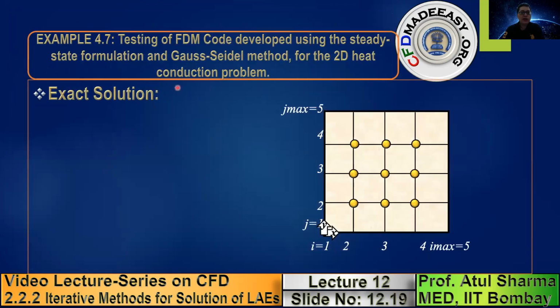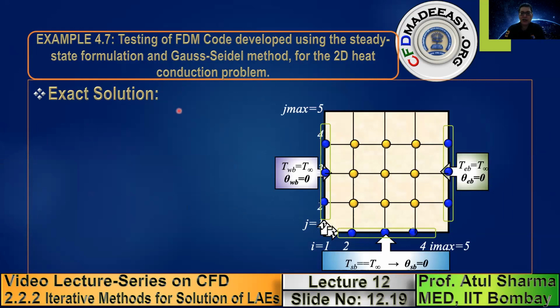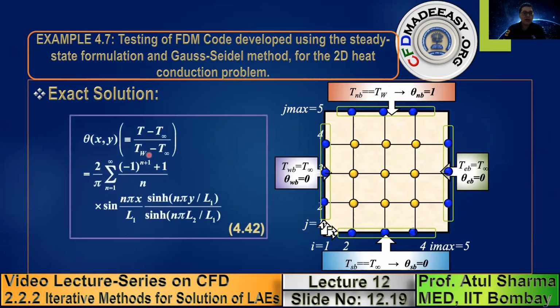So now let us suppose you have developed a code for an iterative solution of the problem which I had mentioned, and you want to obtain the solution. So let us take a problem which has an exact solution. In a heat transfer course, you might have studied that if you have the left wall, bottom wall, and right wall at a constant temperature, let us say ambient temperature, and if your top wall is maintained at a larger temperature, for this problem there is an analytical solution which is possible. So the exact solution for this problem is given by this.